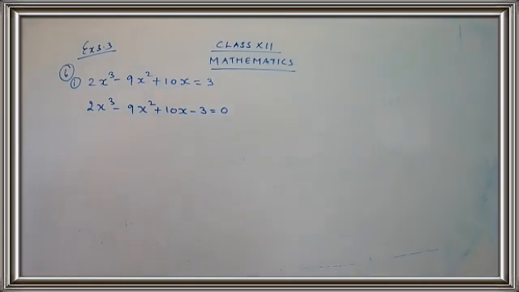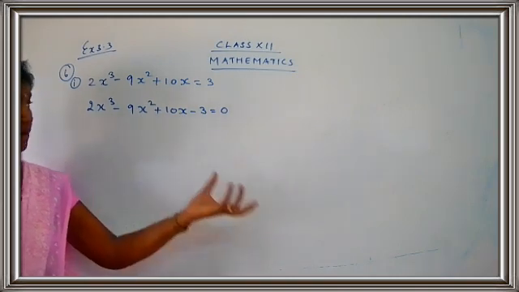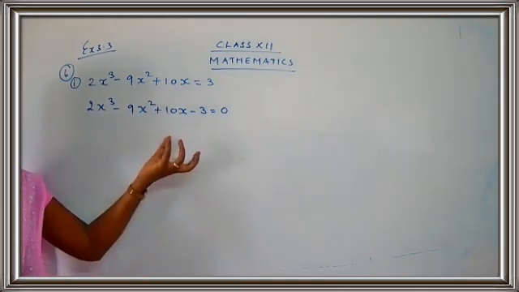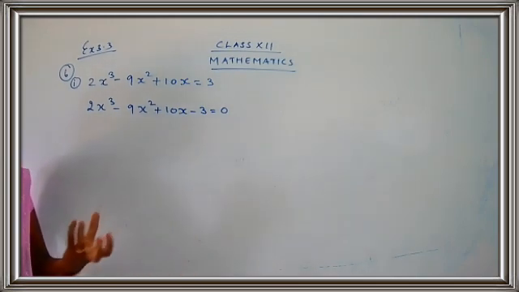Is this clear, children? Now here the work is to check whether x plus 1 is a factor, because here we don't have any other information. We don't know which to choose as a factor because they have not given any other information. Only a cubic equation is given and we have to find out the answer. So how to find out the answer? First of all, we should know some of the factors.